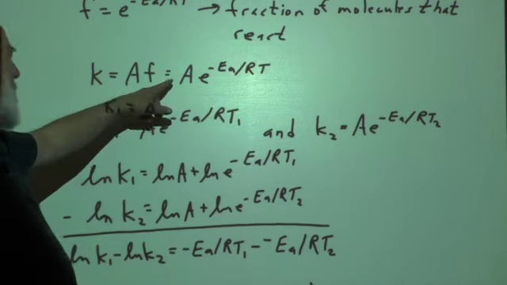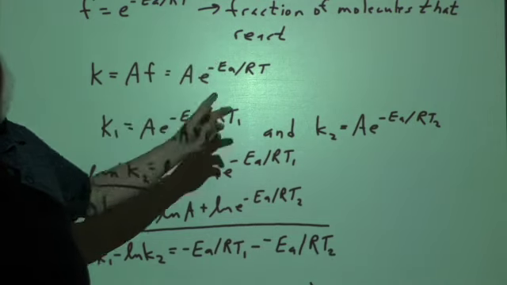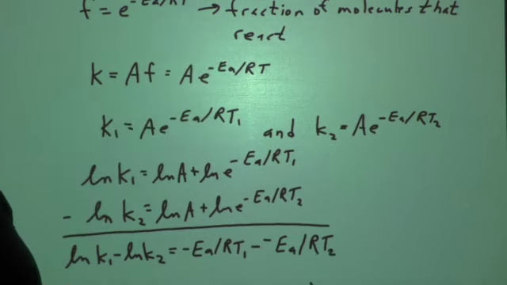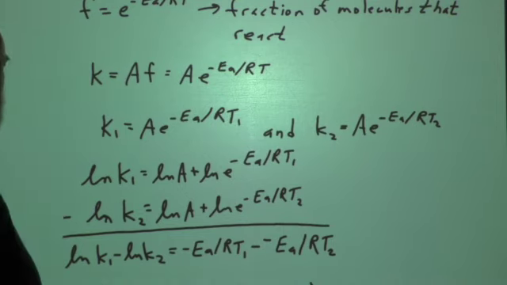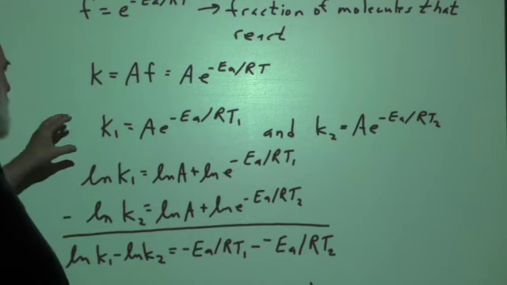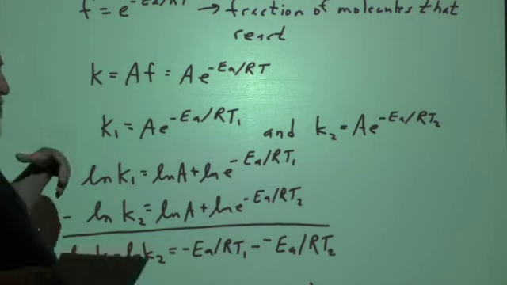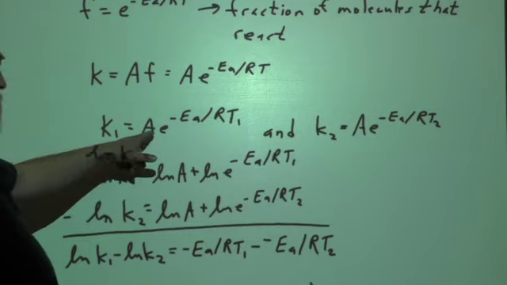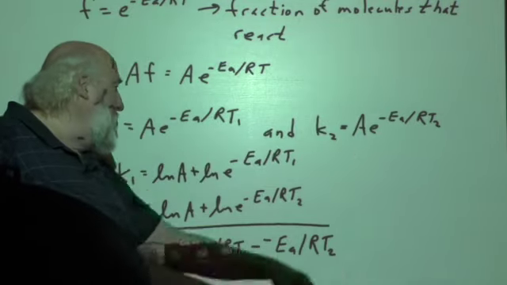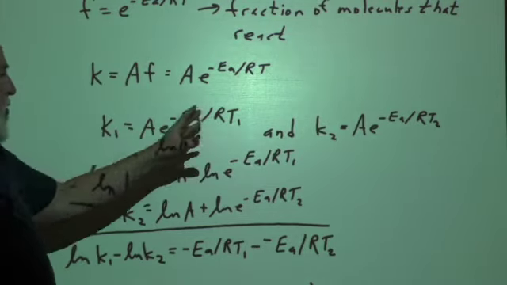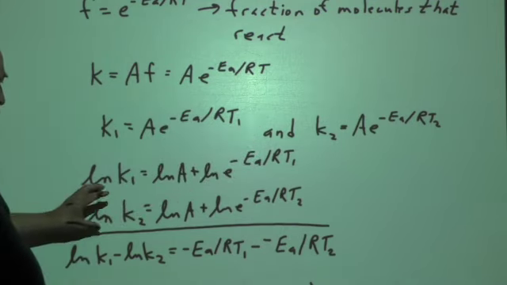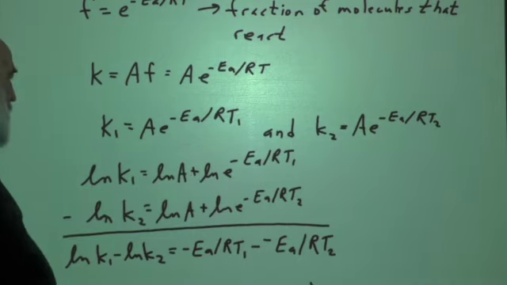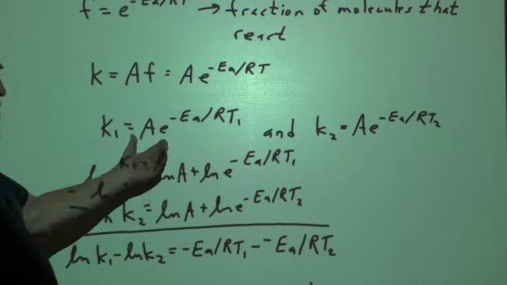The problem is you have to experimentally figure out what capital A is, and he found that to be a tremendous pain. So he developed a mathematical process to get rid of it, and that is by, first of all, knowing that if you have two scenarios, you have k1 equal to this, and k2 equal to this. He then took the natural log of both of those equations, and this is what we end up with here right now. The reason why there's a plus sign here is because